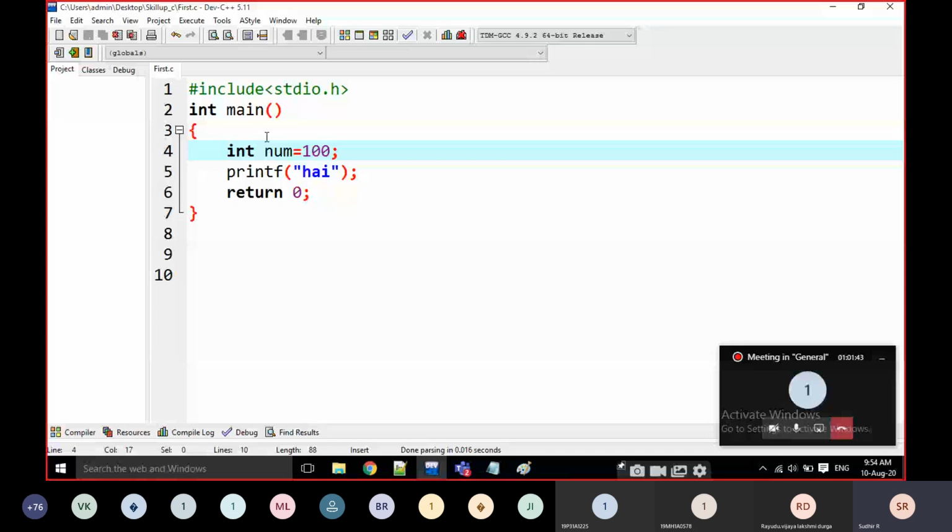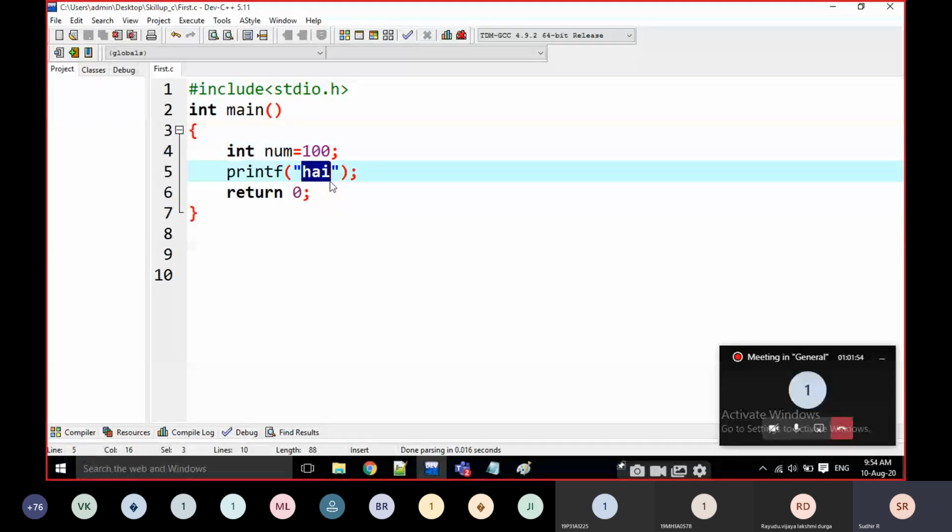How am I going to print that num value? The printf statement is working for two types. It is going to print only text, or text along with the variables. How am I going to print the variables?